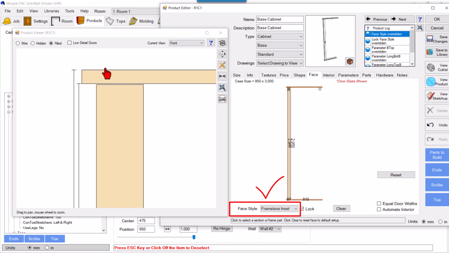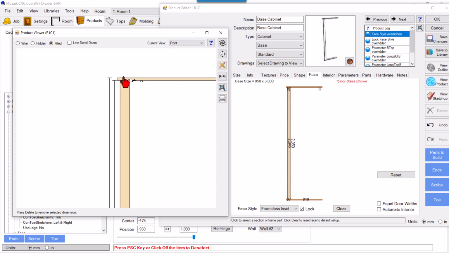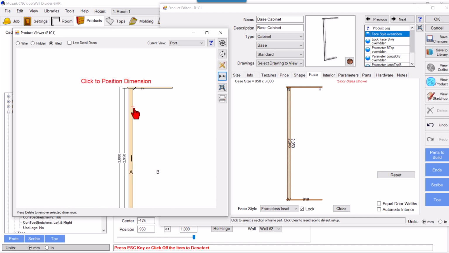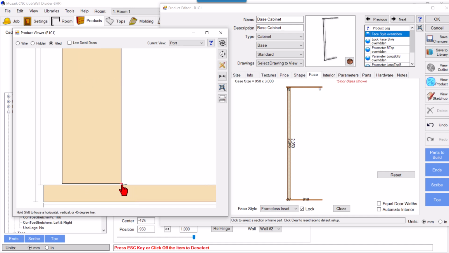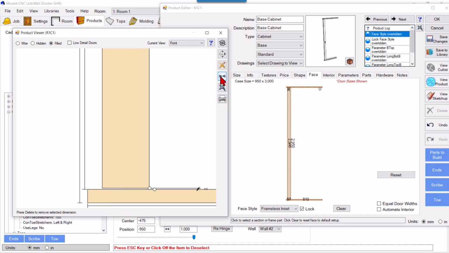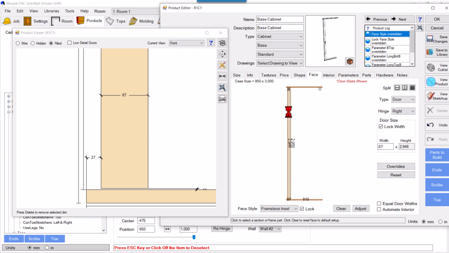So but still we can see that we have some gap from this door to the top, 2 mm, and at bottom also it should be 2 mm, I think. See 2 millimeter, and from right it's 27. So but it should be 25, right? And here it is 87. So we will select this and we'll make it